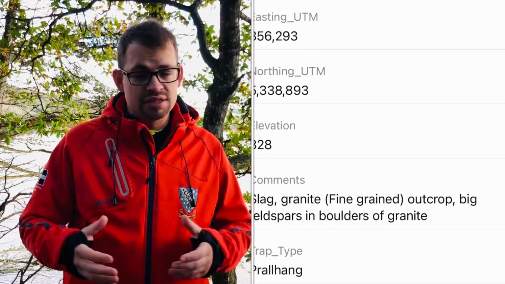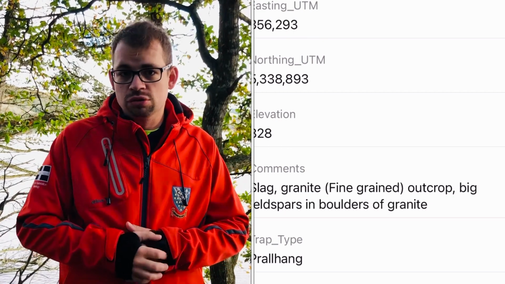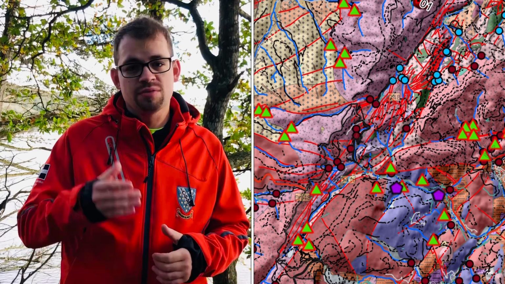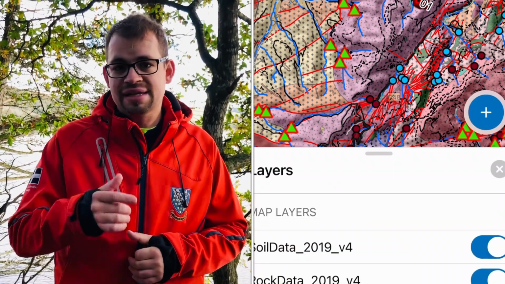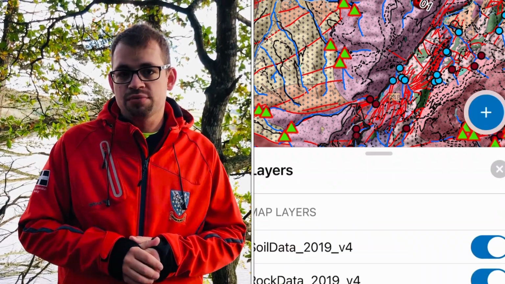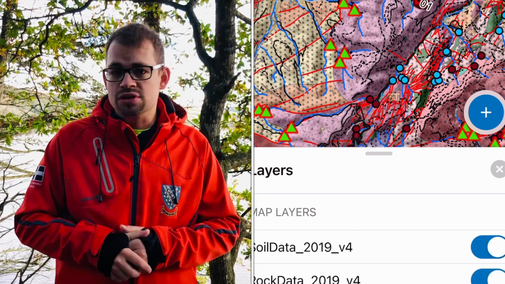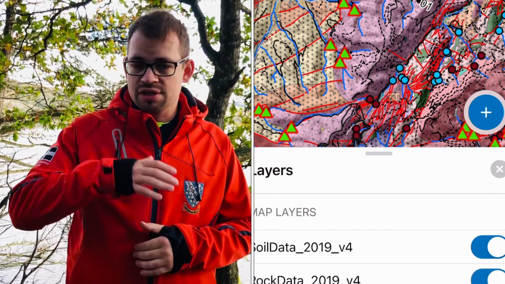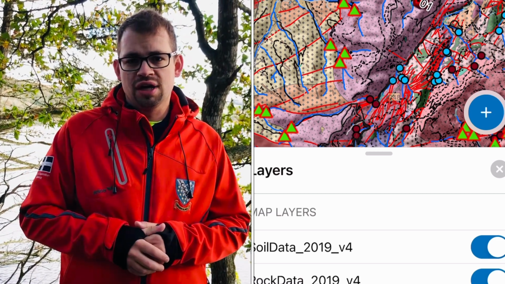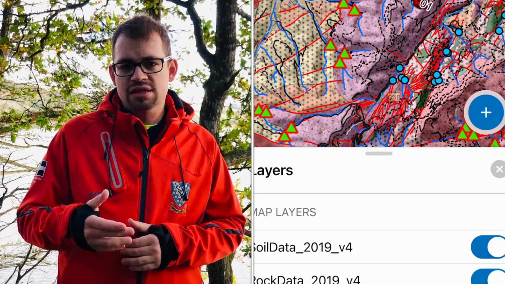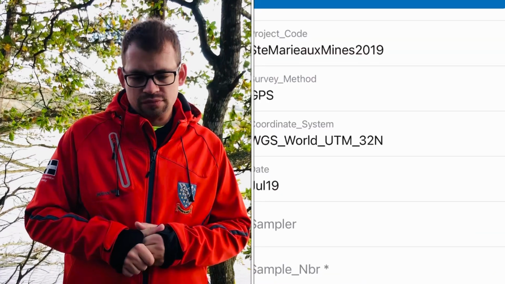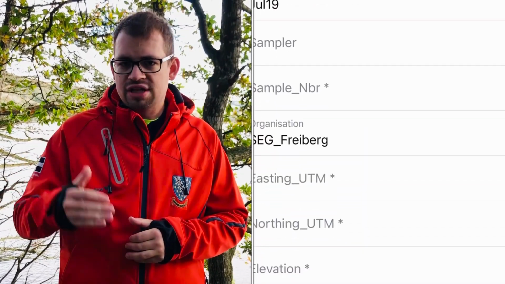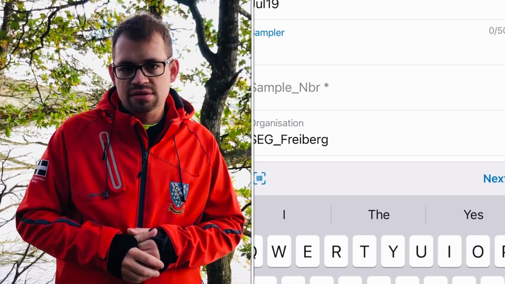So imagine you're hunting for structurally controlled gold deposits and you want to know where exactly your shear zones are. Well, the best is to have your magnetic survey image present. And that is possible to put on Collector for ArcGIS. So you can switch on your